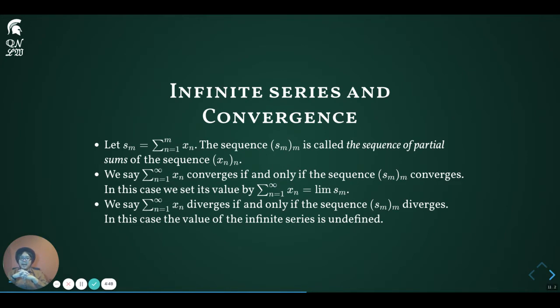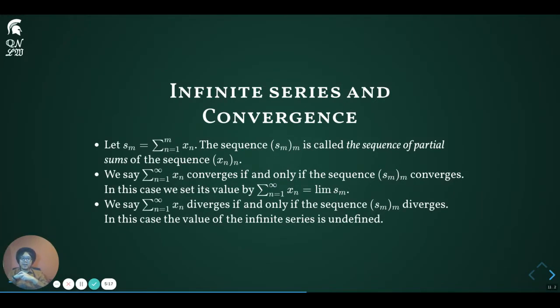So, we will say that an infinite series converges if the corresponding sequence of partial sums converges as a sequence. And when the convergence happens, we will set the value of the infinite series to equal the value of the limit of the sequence of partial sums. And when the sequence of partial sums diverges, then we also say that the infinite series diverges and the sum